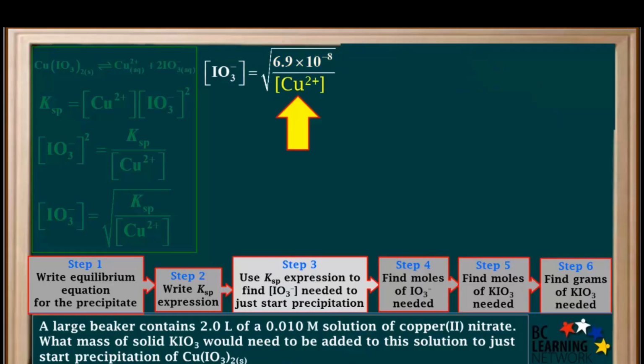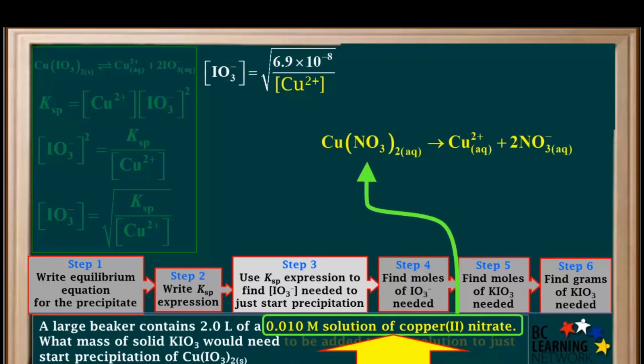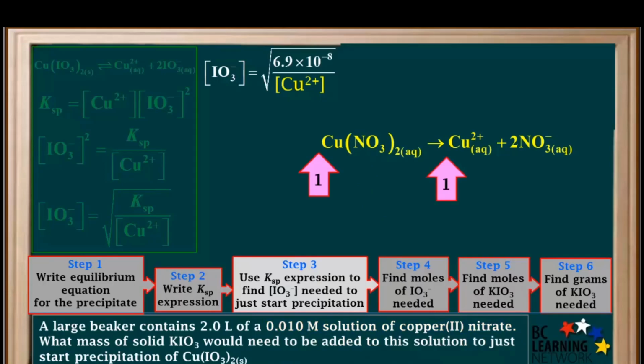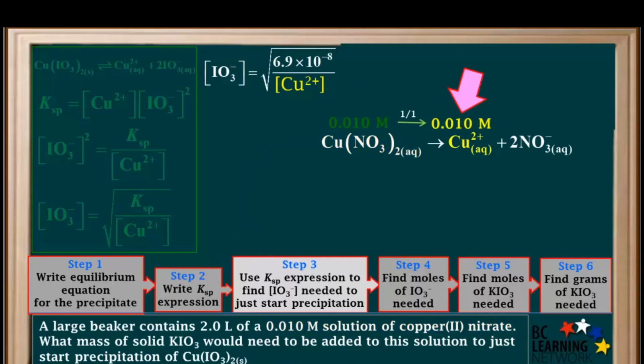Now we have to find the concentration of Cu2+. We see at the bottom that the solution was 0.01 molar copper 2 nitrate. Looking at the dissociation equation for copper 2 nitrate, we see that the coefficients on Cu2+ and Cu(NO3)2 are both 1. So since the concentration of Cu(NO3)2 as a whole is 0.01 molar, it means the concentration of Cu2+